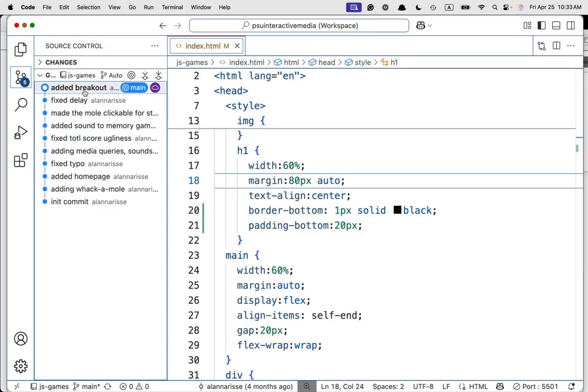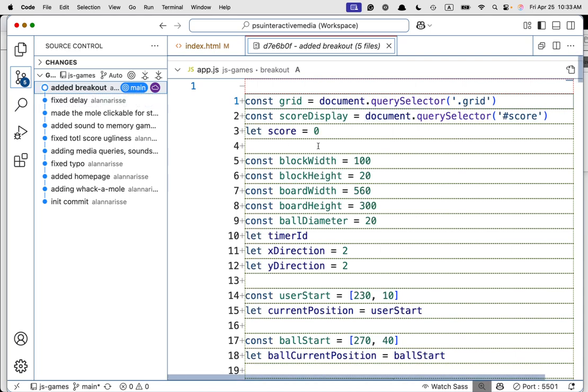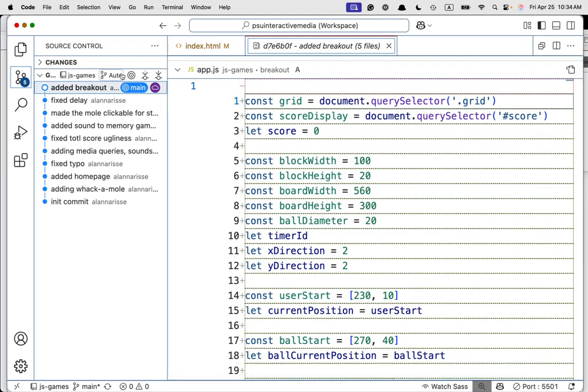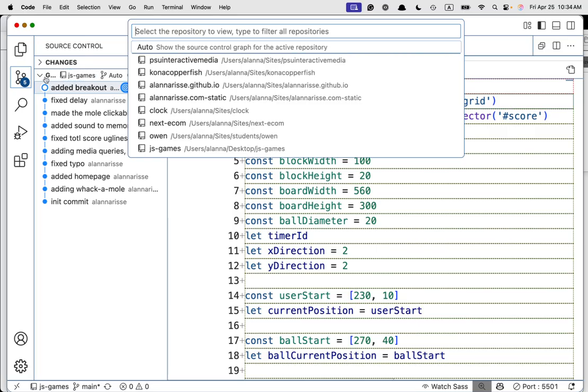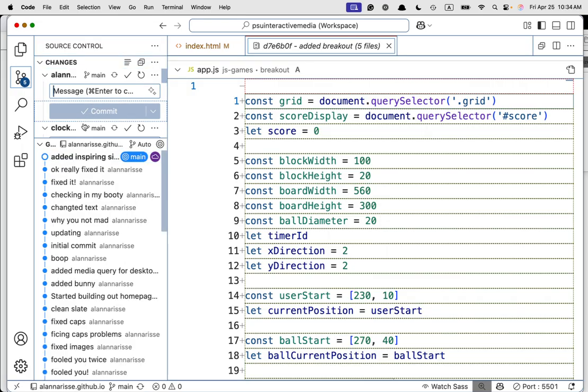This will show you all of the changes that are sort of waiting to be checked in. So let's see. This is all for in my app game. And these are all the changes that have occurred lately. Let's see. Oh, that's the history. There we go. And currently the changes are